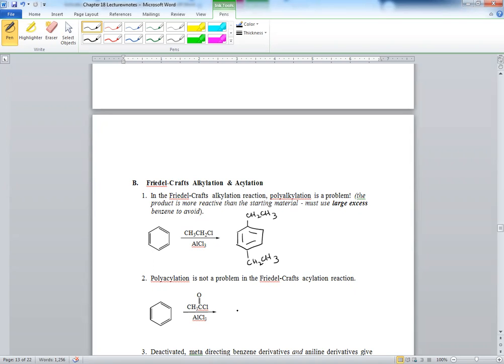And again, this is not good. So you can have ortho, tri-substituted, even tetra-substituted,